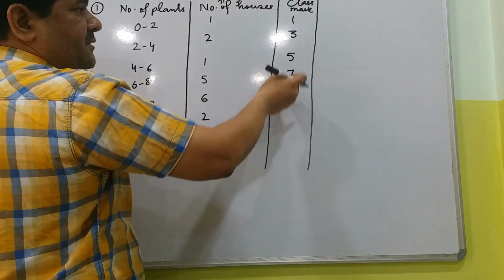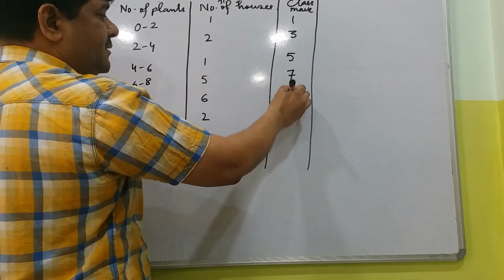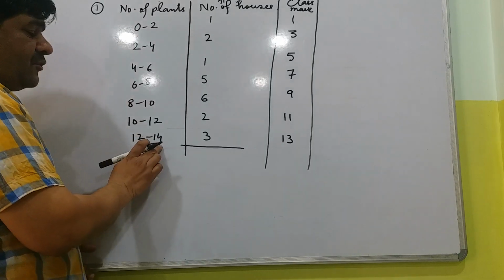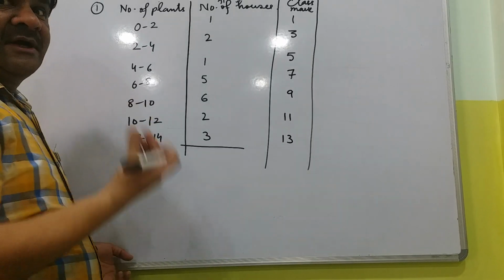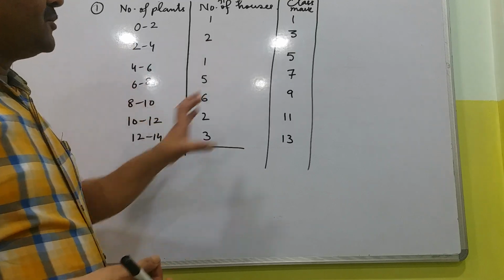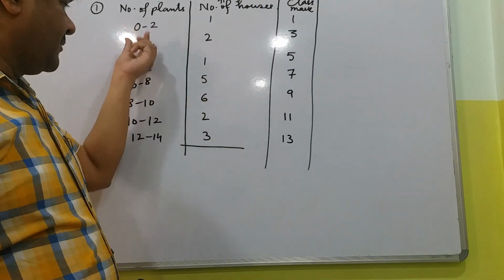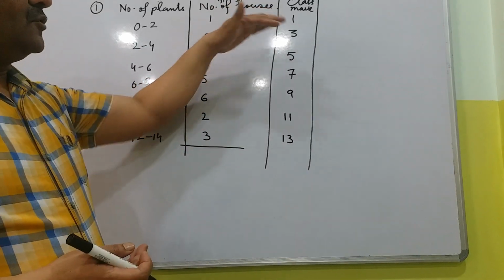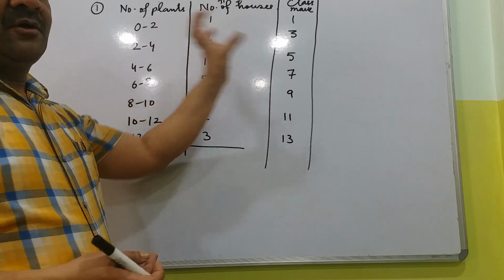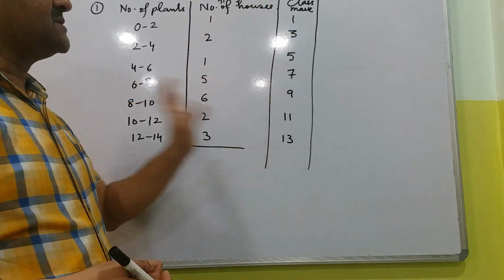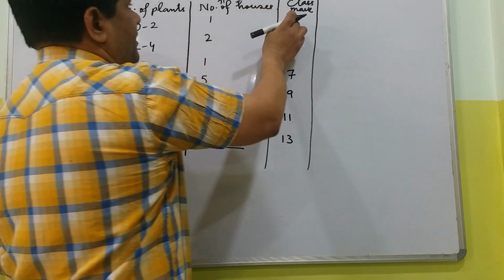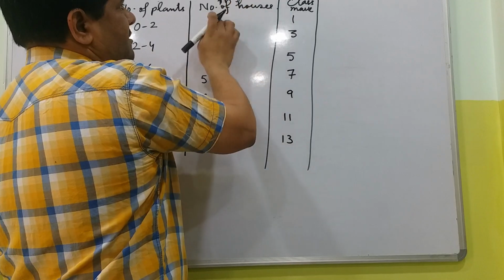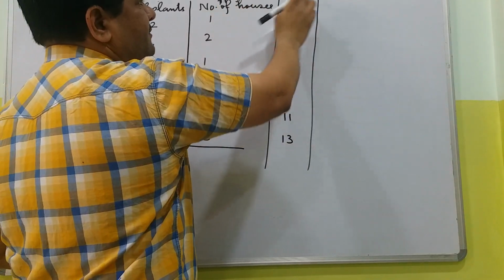So check the first ones: the gap is the same, you keep on leaving the same gap. Check the last one: 12 plus 14, 26 by 2, 13. Right? This is only possible where the gap between all the class intervals is the same. If it is not the same, then you have to calculate separately the class mark of each class interval, right? So here we will mark the frequency as Fi and the class mark as Xi.